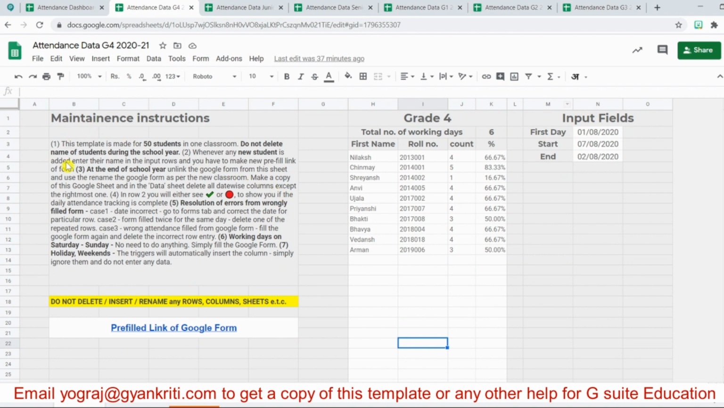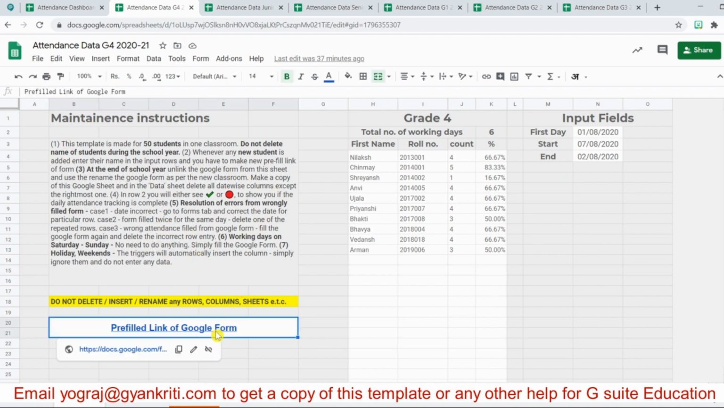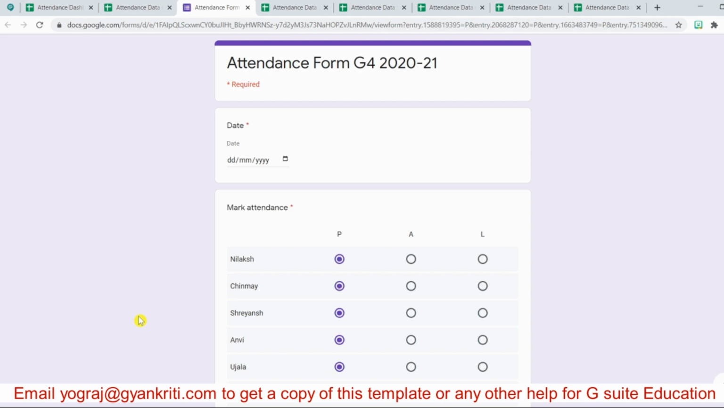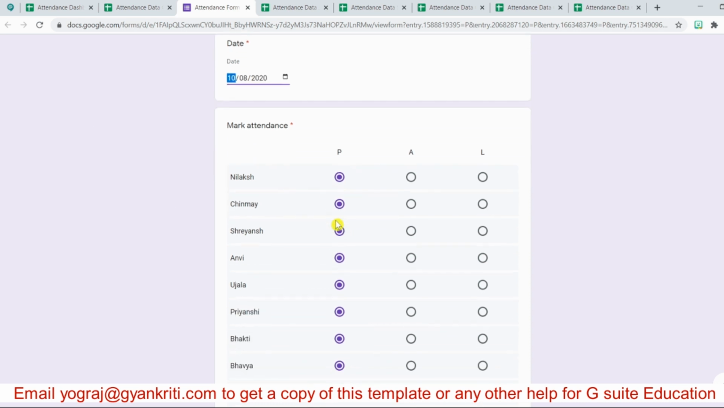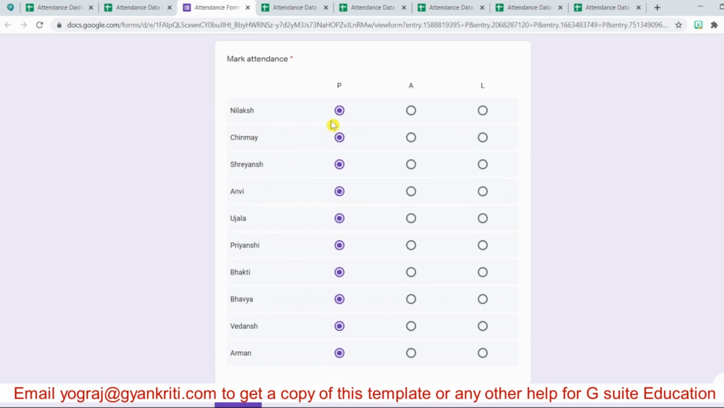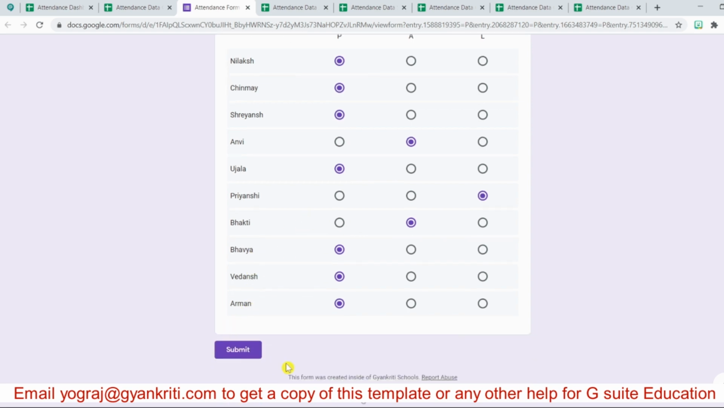So this is the maintenance sheet for the classroom teacher. She has a pre-filled link of the Google form. Once the teacher goes to the Google form, she simply has to select the present date, and all the students of that particular class are marked present by default. So suppose someone is absent or is on leave, the teacher can make the relevant changes and then submit the